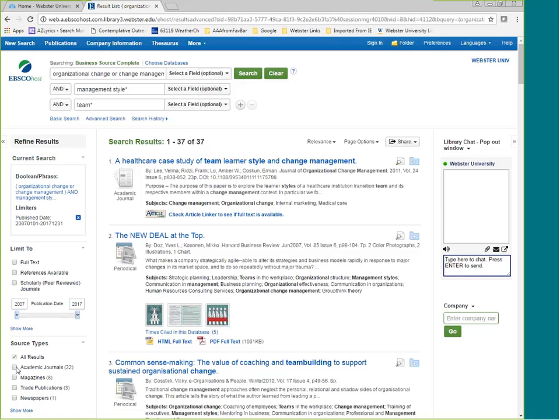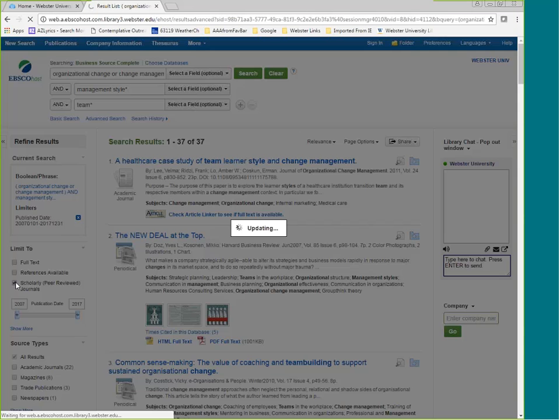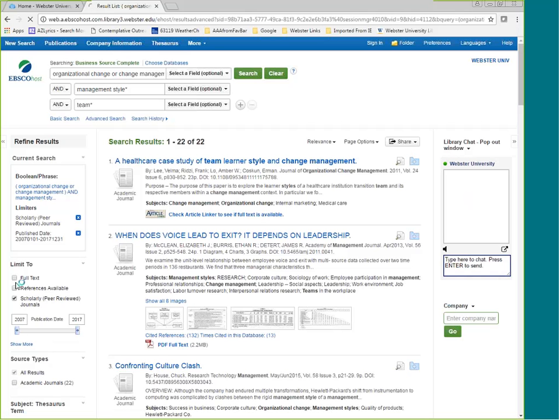If we add something to the search, it will turn that off, but if we use the checkbox above the date slider, it will hold that. So the next search, it's going to hold both our limit to scholarly peer-reviewed journals and our publication date until we turn it off.